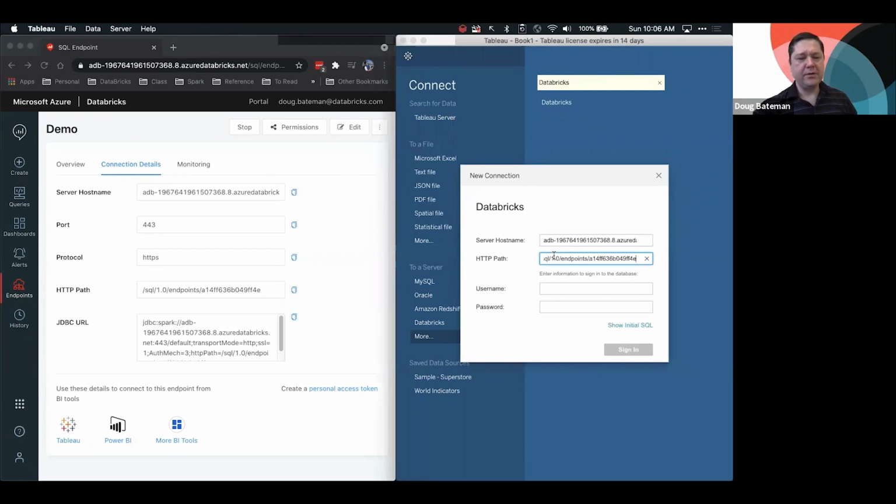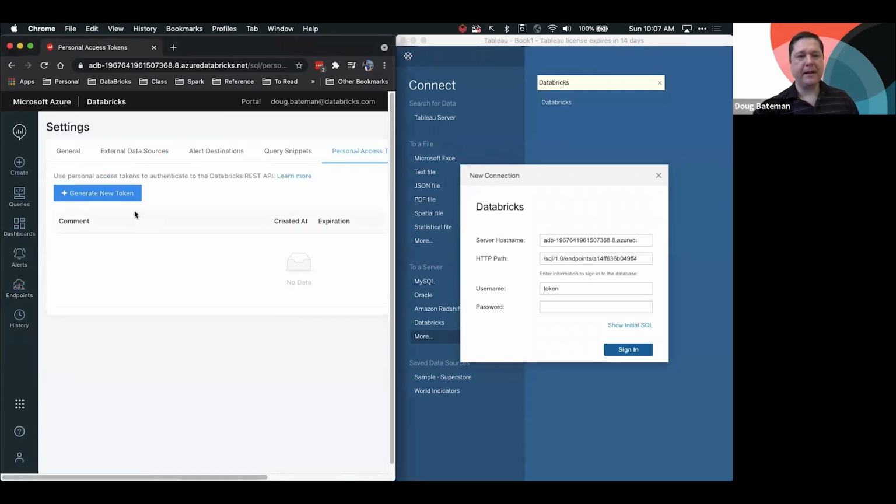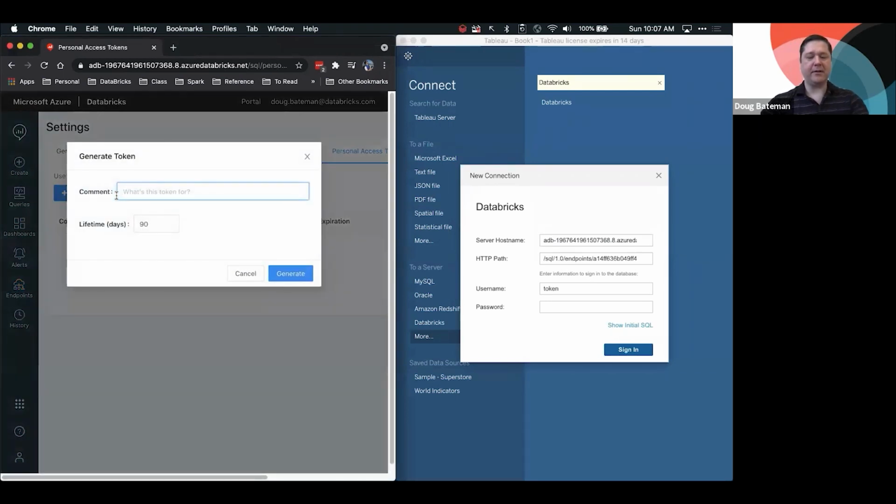And then for the username, for higher security, what I'm going to do is generate a personal access token. So for username, I just put the word token. Then I come over here and say create personal access token. I'm able to generate a one-time token. So I just say this will be a token that I'll use for Tableau. And how long would I like this token to be active for? I'm going to set it for 1 day because you guys are all going to be able to see my tokens and I don't want to expose anything. So I click generate